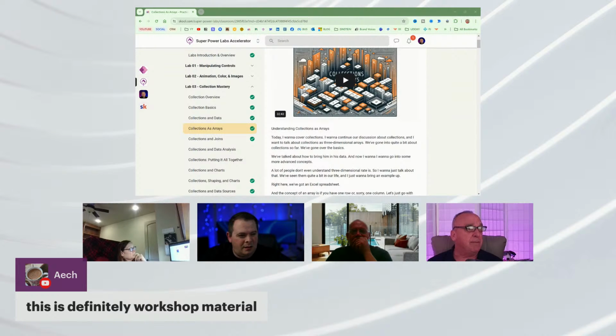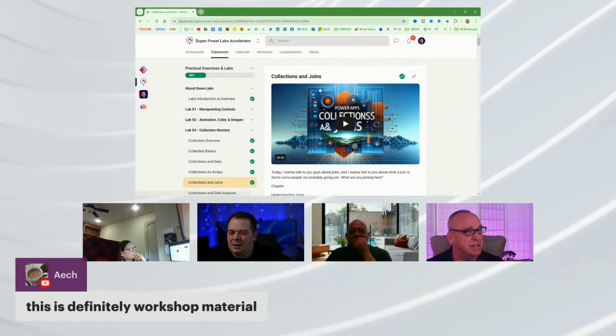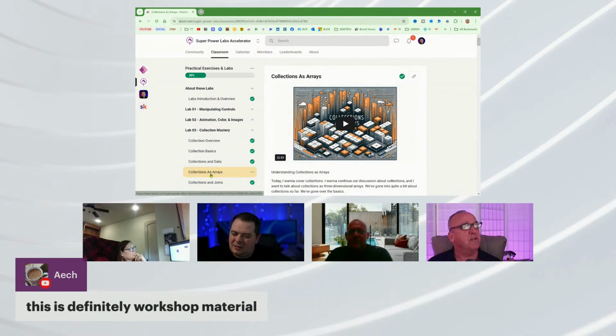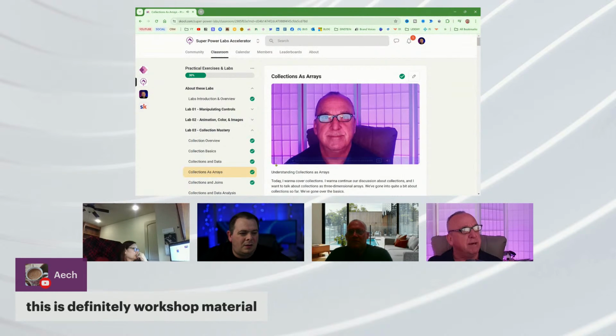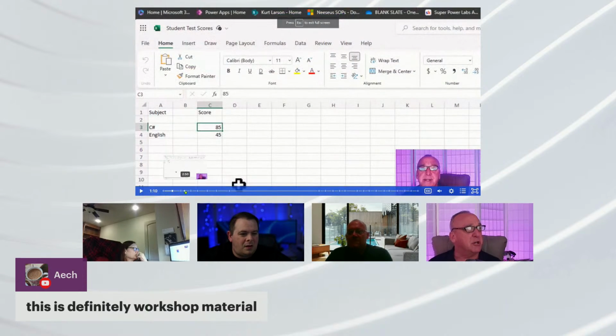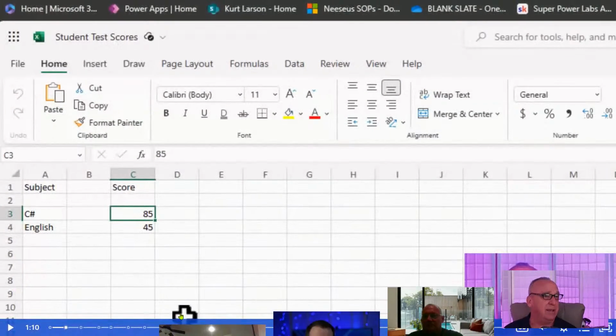But when we're talking about the difference between an array and a matrix, 2-dimensional and 3-dimensional arrays, that's what I'm trying to describe in here. You've got a list, which would be like one column, and that's an array. But when we go into 2-dimensional and 3-dimensional arrays, then you actually have a matrix. I try to define that and show people how to do that in case they've never been exposed to that kind of thing yet,